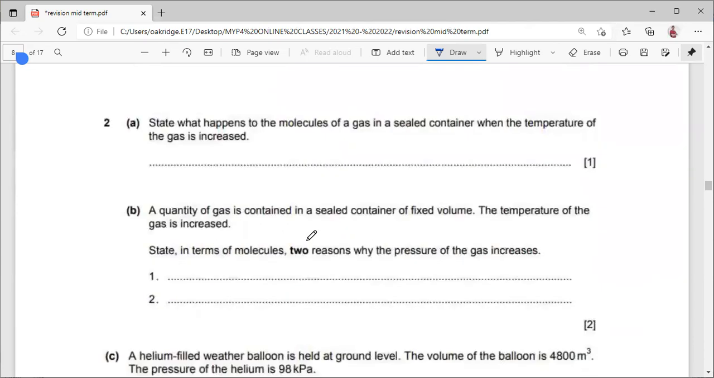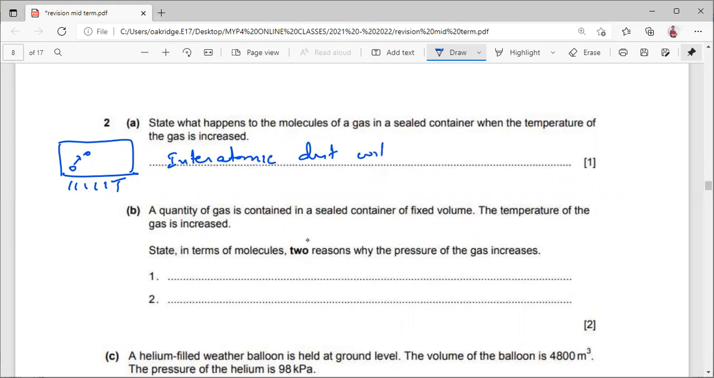Then state what happens to the molecules of a gas in a sealed container when the temperature of the gas is increased. You have a gas in a sealed container, you are increasing the temperature. What happens? I had asked you the same question in your essay also. Okay, so the molecules which are present here, two things can happen here. The first one is the interatomic distance will reduce,